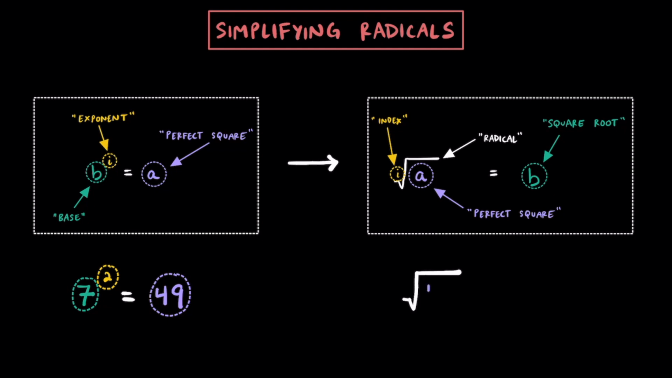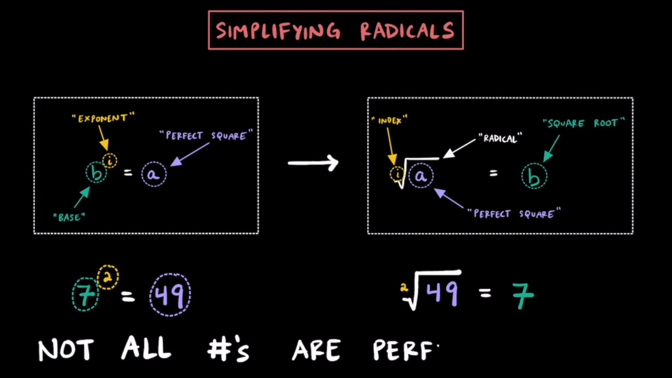So when you look at the square root of 49, remember that the index is 2, it's just invisible, this is just going to equal 7. The little 2 just means we need 2 7s multiplied together to get 49. While I just gave you one example of a perfect square like 49, keep in mind that the number inside the radical doesn't always have to be a perfect square, and that's going to be the point of this video